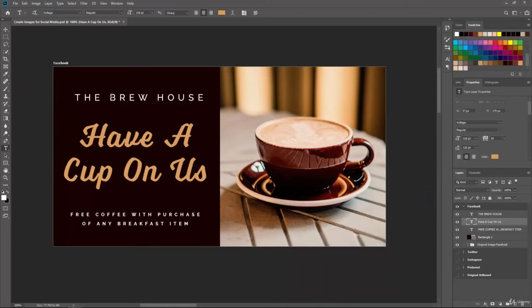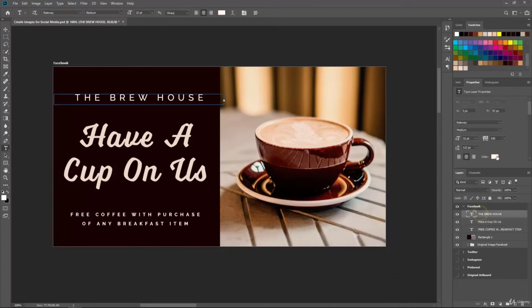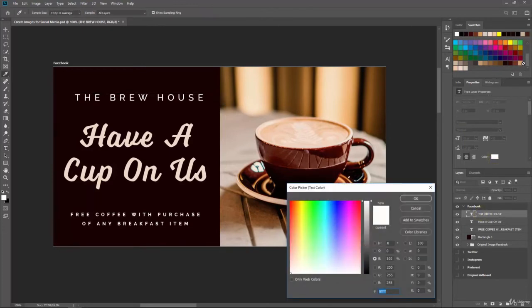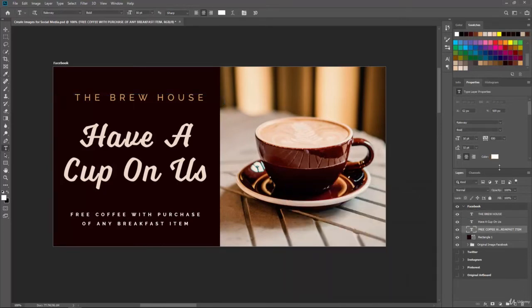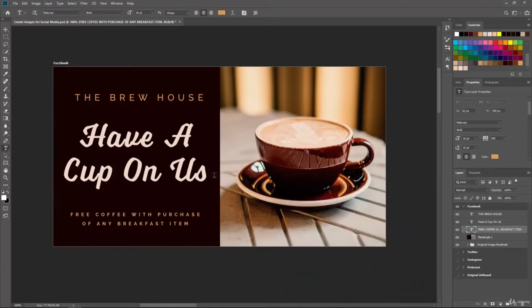So we could have white text for the top and the bottom, and then have this text, or maybe we could flip-flop those and see how that looks. Let's try, I'm going to pick this light cream color so it's not perfectly white. And then I'm going to go to the brew house. Oh, I got hit okay. Go to the brew house, change its color, and now let's pick that very saturated look. And then free coffee, and pick that saturated look. So that looks cool also. That really draws you into the "Have a Cup on Us,"